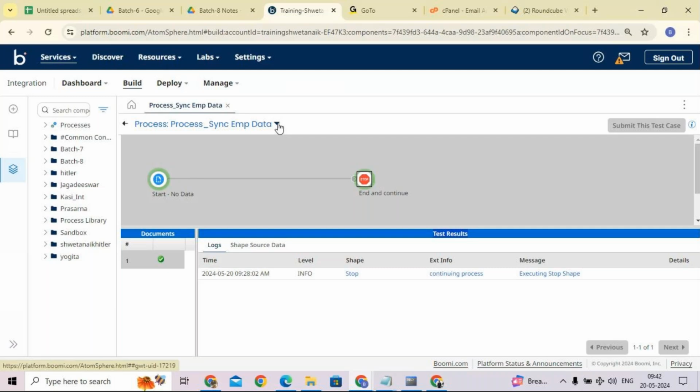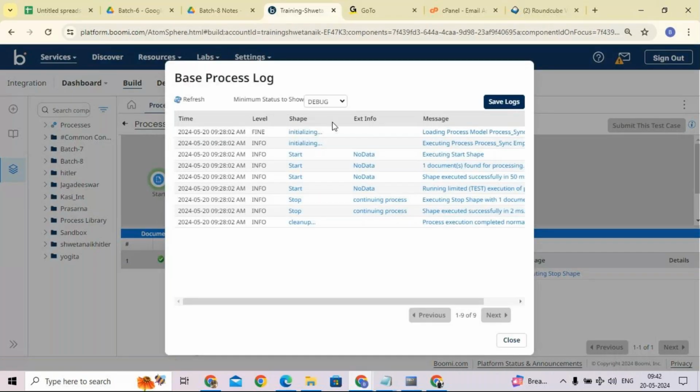If you click on this drop down, here we can see view logs, download logs, retry, previous test, new test. So if I click on the view logs, here we can see the time when it started, and shape, information, message, and then after that it is going to be shape, and